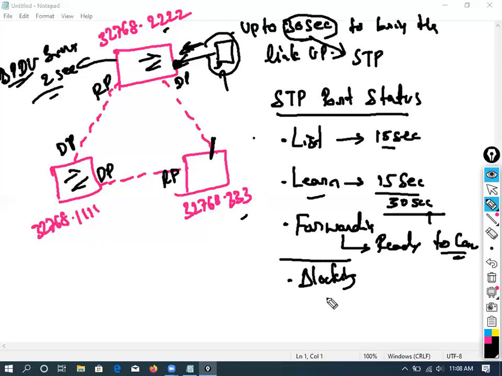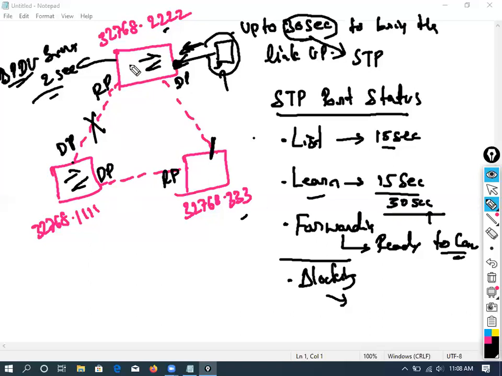Now, what about this blocking? If any ports need to block, we have discussed, right? The port will get blocked. Now let's say my active link went down. This is a blocking port, and this is the active link. Any one of them went down. So what happens? Switches send BPDUs, right? Now it cannot receive any BPDU from this interface. When the link is down, the interface also goes down. So based on that, it assumes that we lost connectivity. Okay, let's run the STP again.